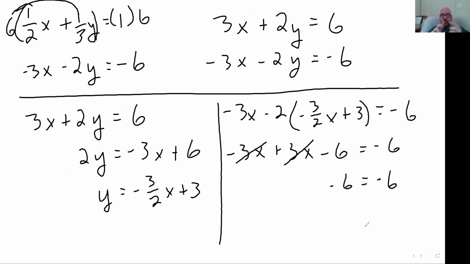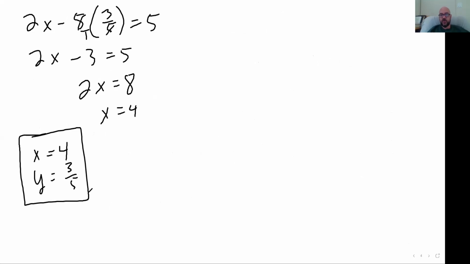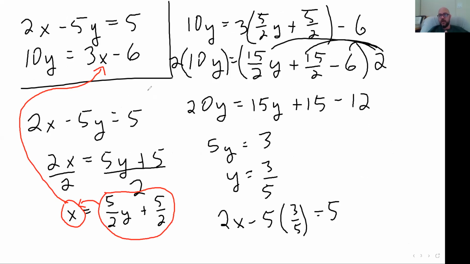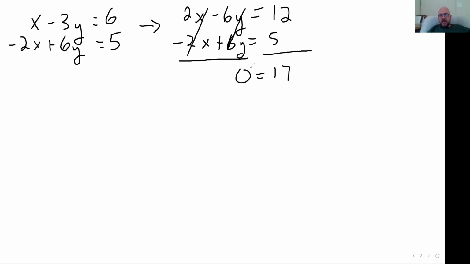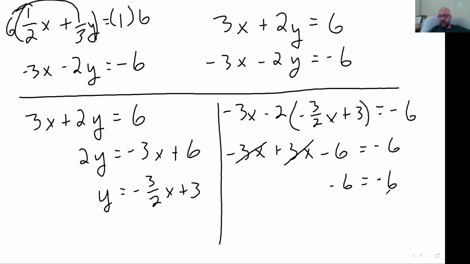And then you can have one solution, or you can have no solutions, or you can have an infinite number of solutions. One solution means that you will just get some numbers, right? You'll get numbers like this. This is one solution. These two lines, if I were to graph them, they just cross at a point. We actually saw that. On the other hand, if you get something weird and always false, that means that there are no solutions. If you get something weird and always true, like this, that means that there are an infinite number of solutions. And that's really all you need to know about